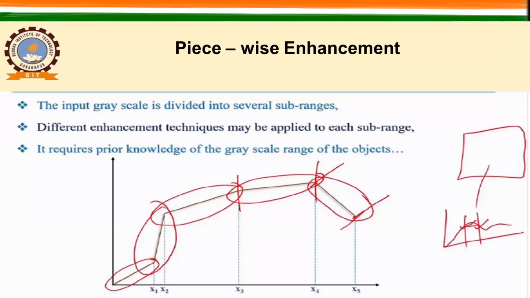So how will you do that? You will have an image, you have generated a histogram like this, and you have selected the range of values you want to enhance. Then you have to write one algorithm, and you will say that the values ranging between this and this, use linear stretching, or negative image, or exponential, or logarithmic function, and then you will have the result accordingly.